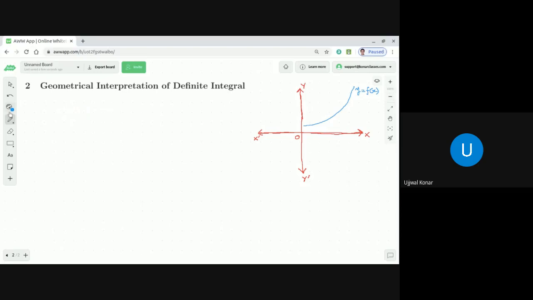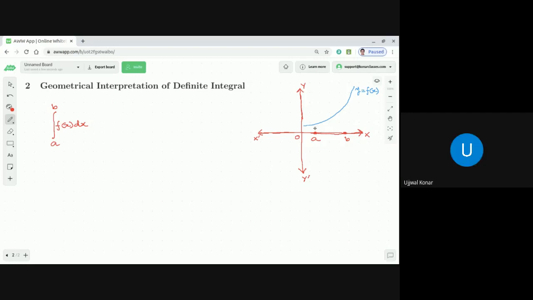So now it comes to what is the meaning of the integral a to b f(x) dx? So far we are able to draw the curve y equal to f(x). So what are a and b? A and b are nothing but points on the x-axis. Suppose this is the point A and this is the point B. Correct or not? As I said in the beginning of the discussion of definite integration, a and b, the lower limit and upper limit, are nothing but real numbers.